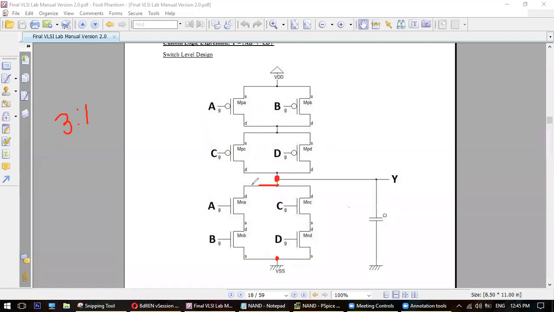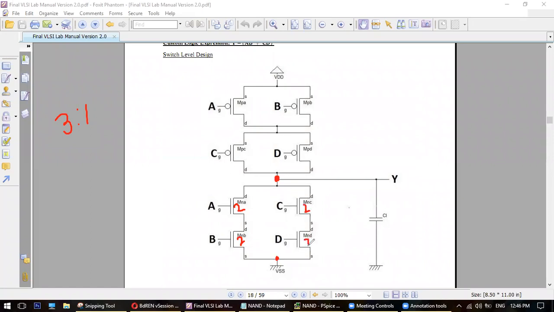You have 2 paths, one is this one, another is this one. In the first path, how many MOSFETs do you have? 2 MOSFETs, so this will be multiplied by 2. In the other path, again 2 MOSFETs, so this will be multiplied by 2 again.